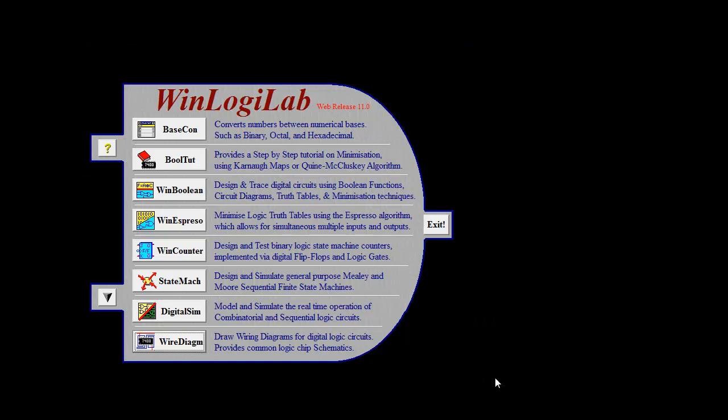In today's lecture, we saw all the components present on the tool Wire Diagram and how to use it. This was our last lecture of lecture series on Winlogy Lab, introduced by FAST, freely available animations and software for teaching, joint initiative of Indo-US collaboration for engineering education and Eduvance. Winlogy Lab is a very useful tool in designing and simulating digital sequential and combinational circuits. We have tried our best to make a good understanding of the function and features of all the tools present on Winlogy Lab. Thank you.